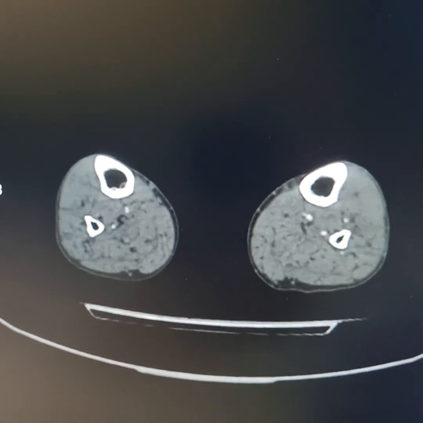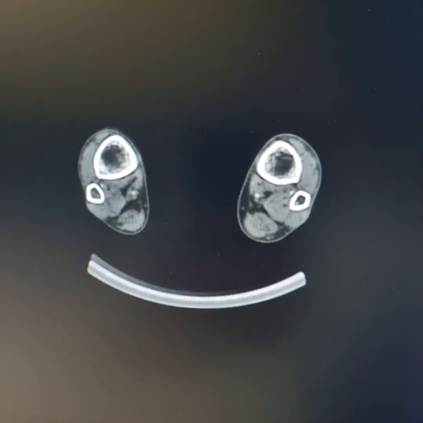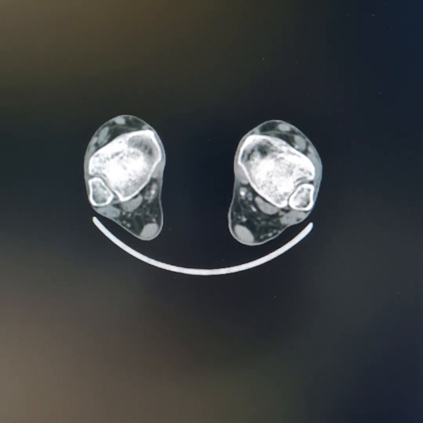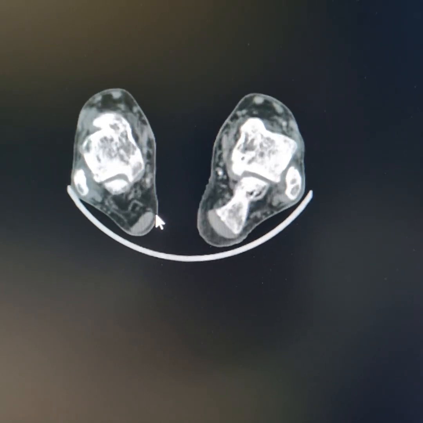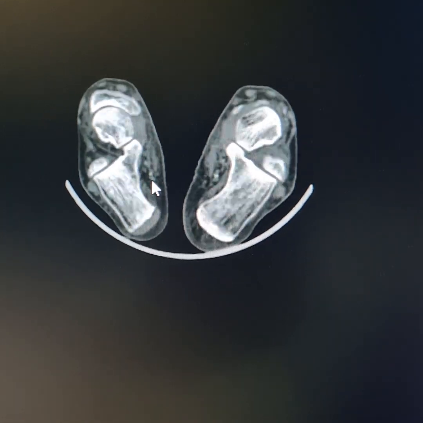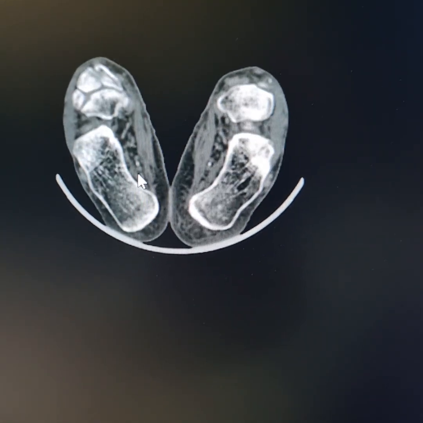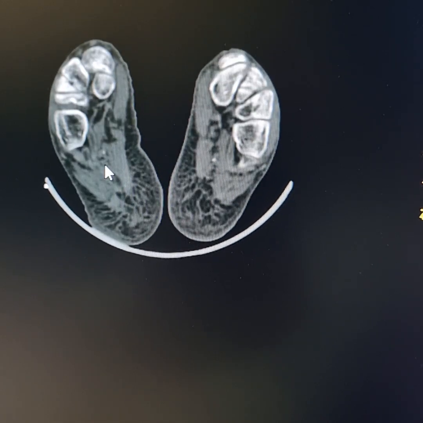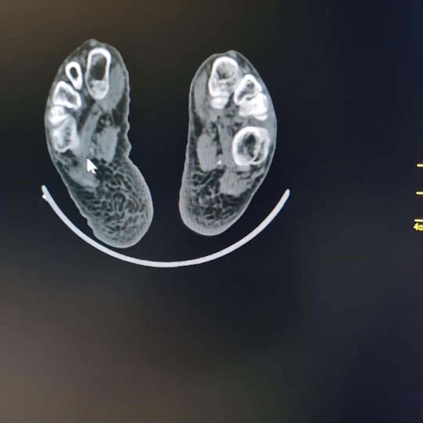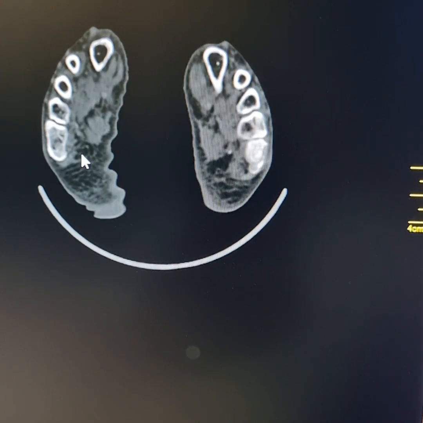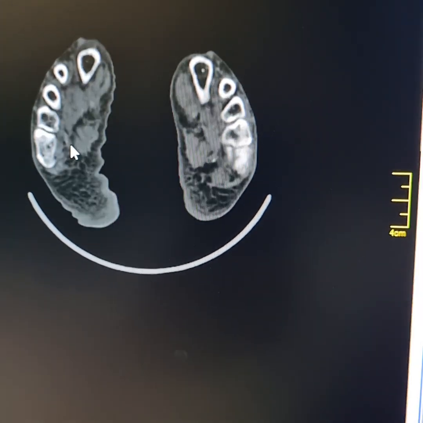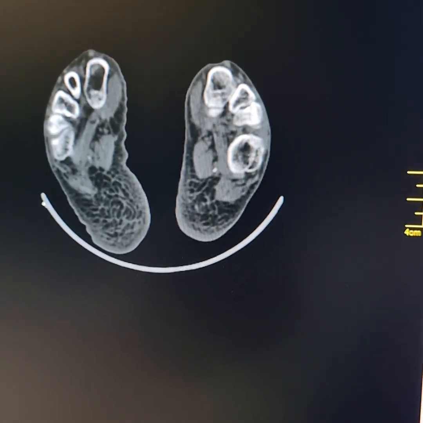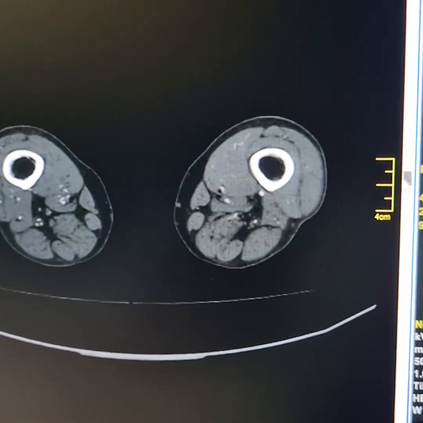I'll quickly trace it down. This is the posterior tibial artery, just below the medial malleolus. Now, this is its lateral branch in the plantar surface of the foot. It's faintly opacified, but its distal branches are not opacified. Its medial branch is completely thrombosed. Now, I go back and retrace the